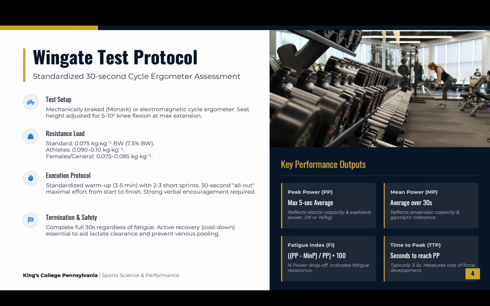For elite athletes, you can use 0.09 to 0.1. For females and the general population, you use 0.075 to 0.085. How you execute the protocol: a standardized warm-up of 3 to 5 minutes with 2 to 3 short sprints,